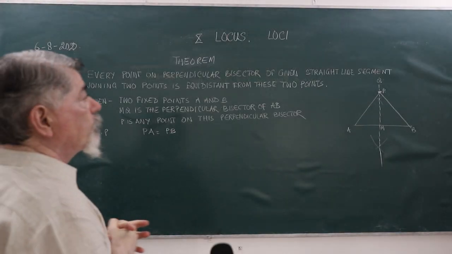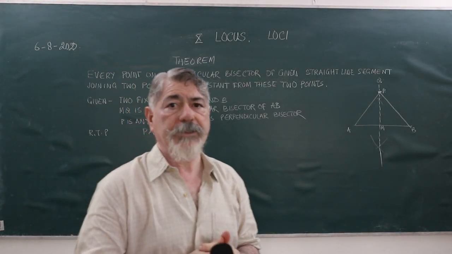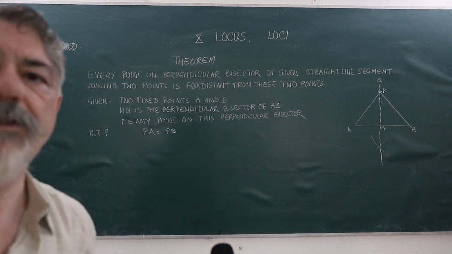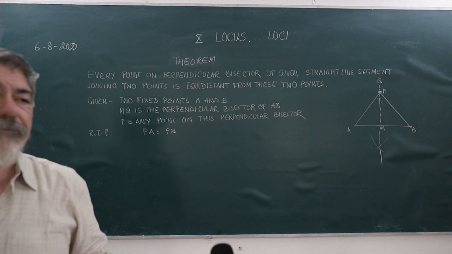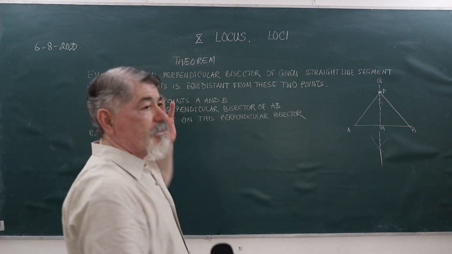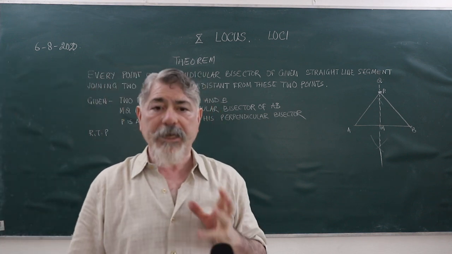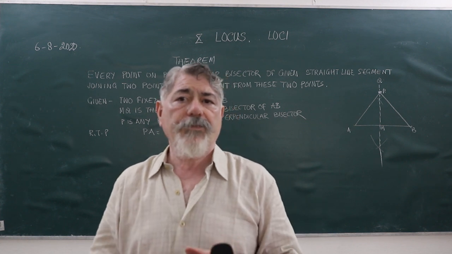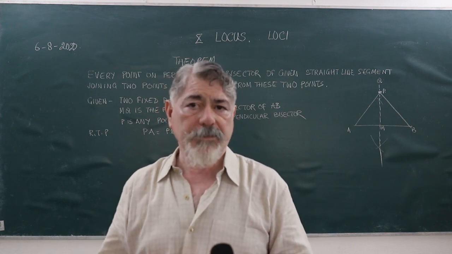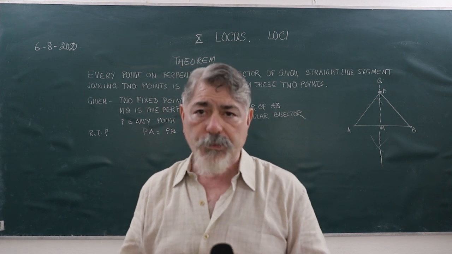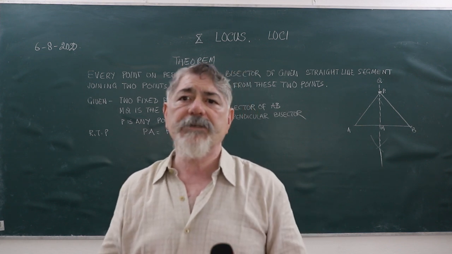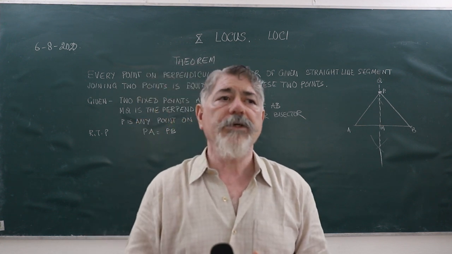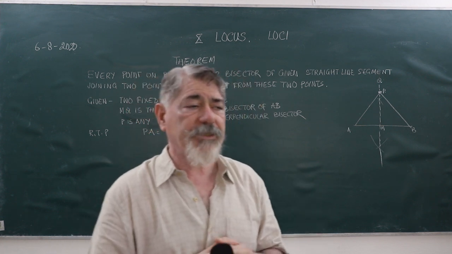Now let us see the converse of the first theorem, where we are going to talk about what the statement says. Like I said, in every theorem, the first thing will be a statement. From that statement we will draw what is given and what is required to prove. All those things will come from the statement.